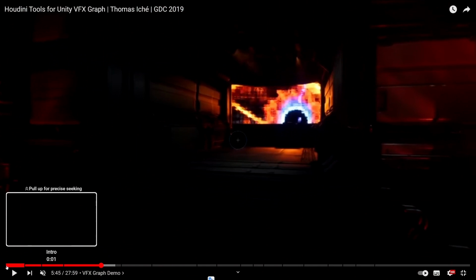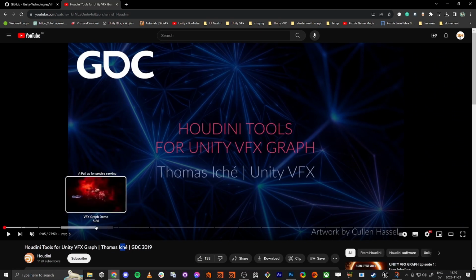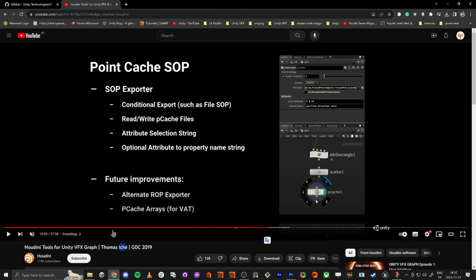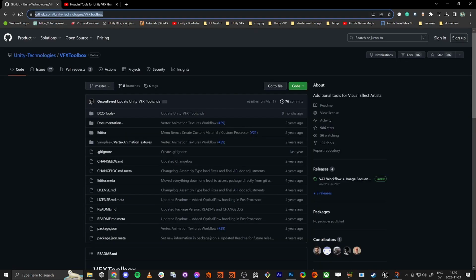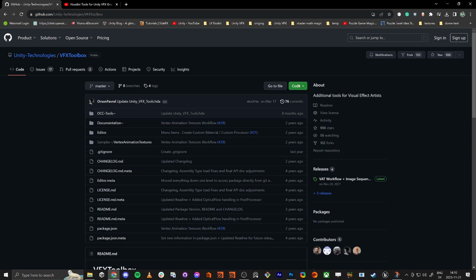Unity had a talk at GDC, and I think it's Thomas-ish, if that's how it's pronounced. He talked about this and showed a lot about different stuff. And here is the point cache node that Unity made for us to export stuff from Houdini to Unity VFX Graph. This is the one we're going to install, and it is located on GitHub. I'm going to share this link in the comments. When you are on this GitHub page, you download the zip file